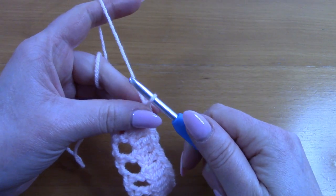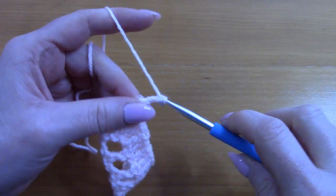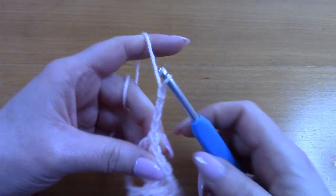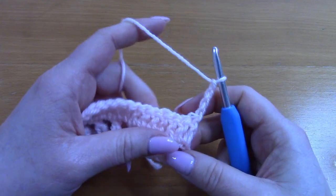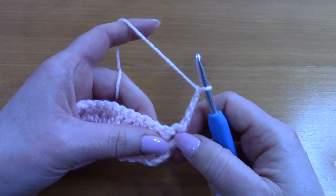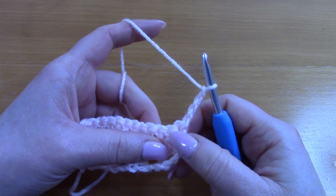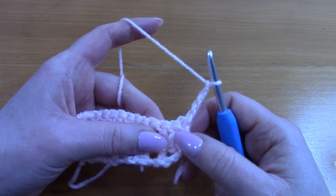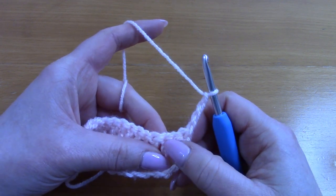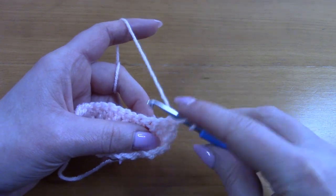Now for round 3, just go ahead and chain 4, 1, 2, 3 and 4, and this counts as a double crochet and chain 1. Turn your work and this double crochet goes with this first stitch. Now skip the next double crochet, so skip the second stitch and go into the third stitch with a double crochet,